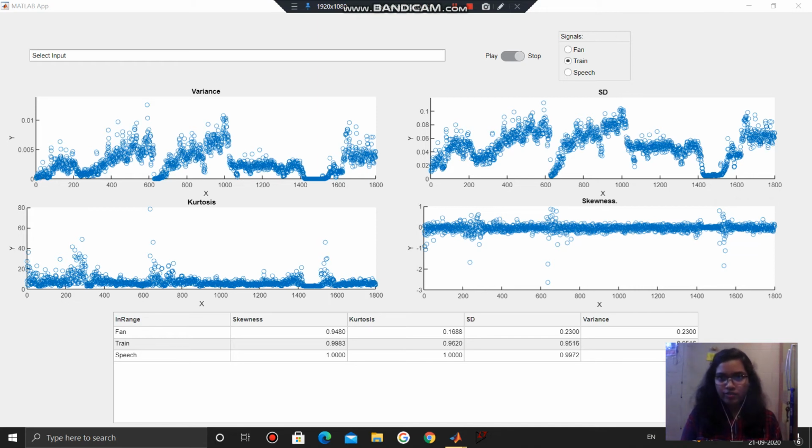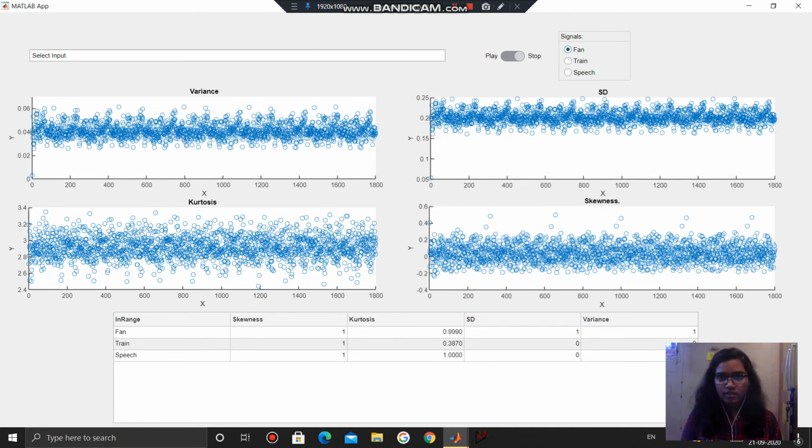Let's suppose I choose the fan signal and play it. This is the audio that I had recorded for my fan signal. As you can see, the table over here has changed, and so have the plots. You can see that multiple things are becoming one at once.